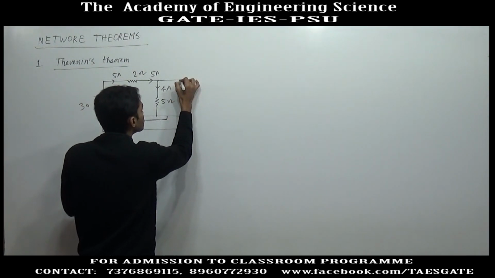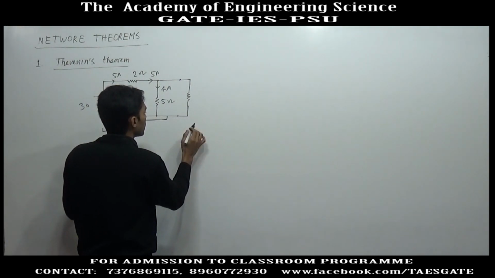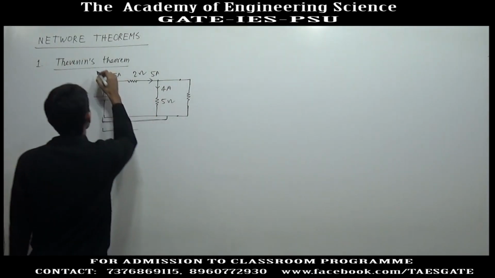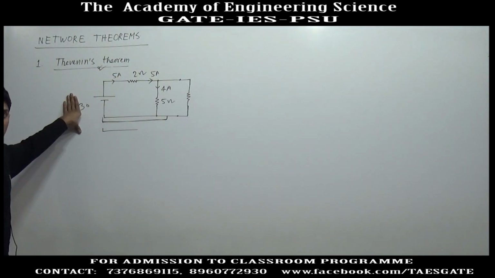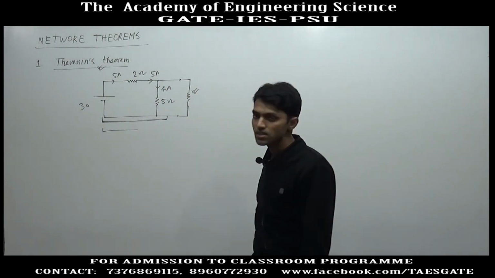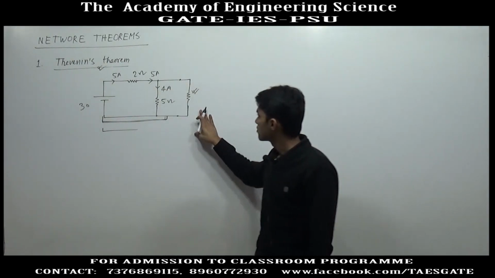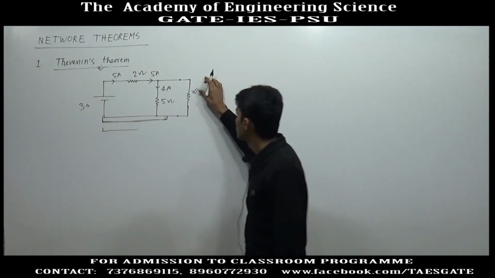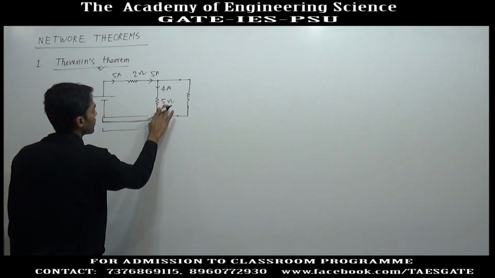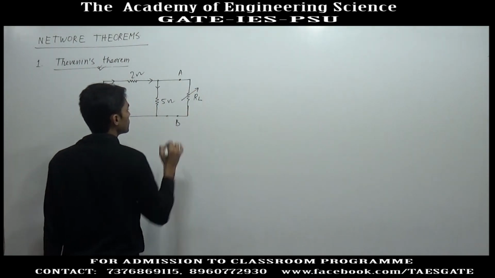So to save the hard work, Thevenin proposed a circuit solving technique that is called Thevenin theorem. Now we will study Thevenin theorem, and with its help we will see that if the load resistance is changed, leaving a bigger part of the circuit unchanged, the calculation of current through the load resistance is very easy. So we will use the same example. This is 30 volt, 2 ohm, 5 ohm, and this is RL. Suppose this point is A, this point is B.